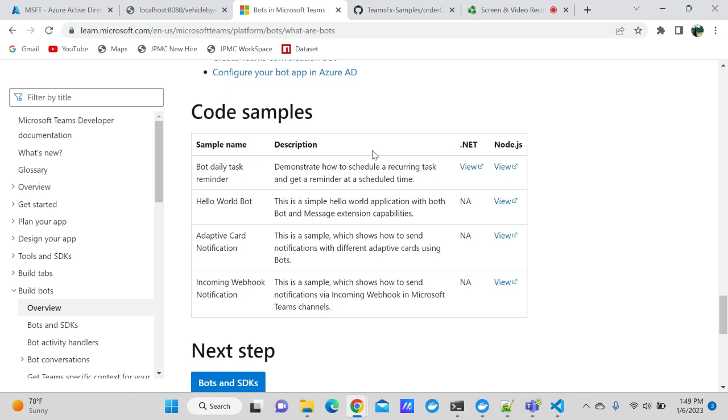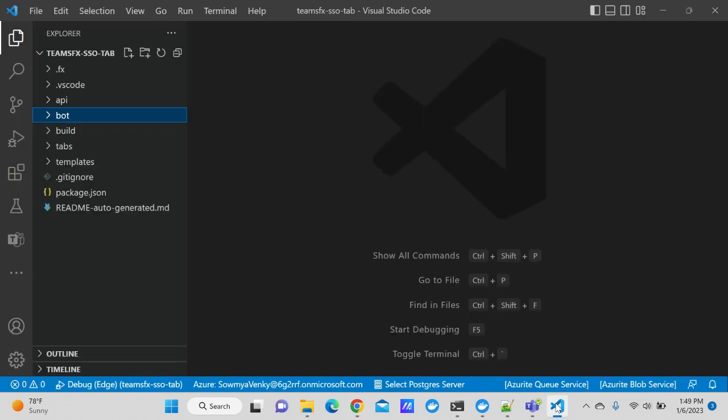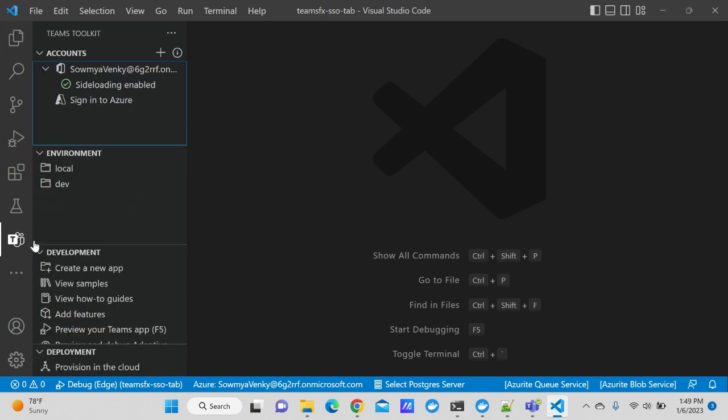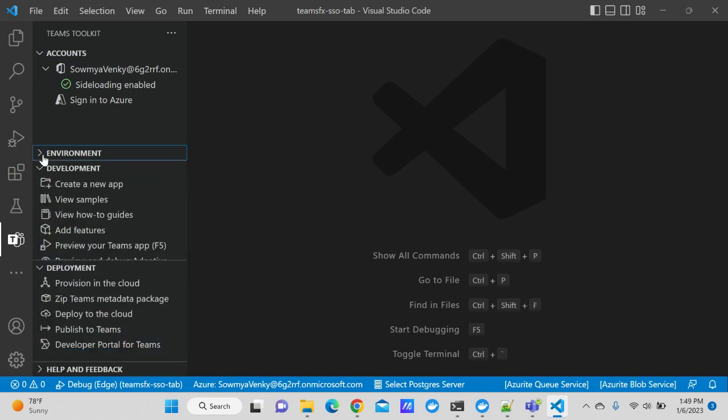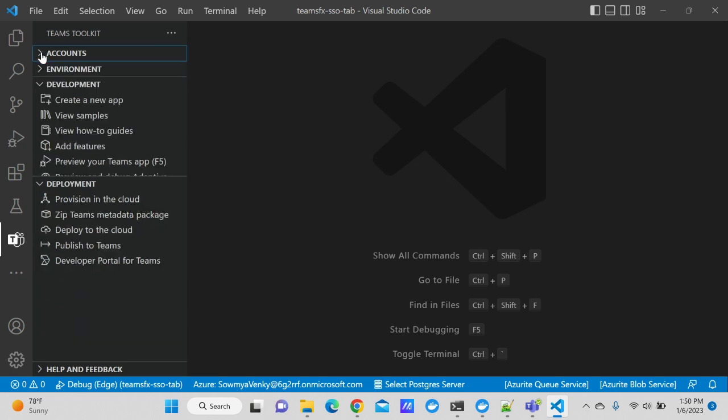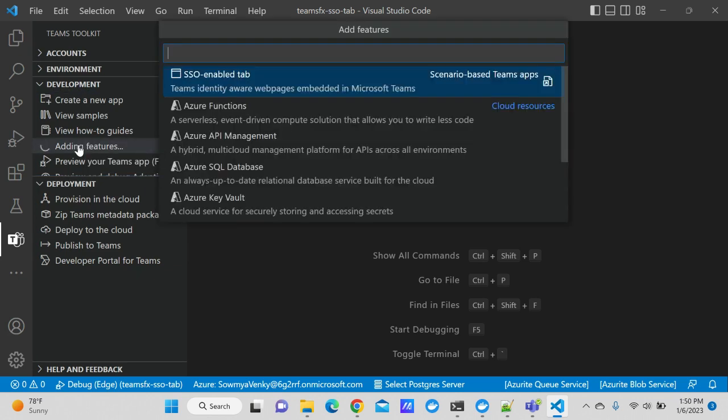I think Teams FX, like I showed last time, plays a very important role in making this work pretty well. If you remember the same application we opened before, go to the Teams Toolkit. Now if you look at this area, I'll close this area, and maybe this area too. What you can see is there is a button called Add Features. You can take the current application, that is Teams FX, and click Add Features,